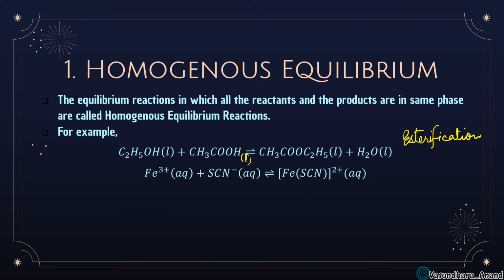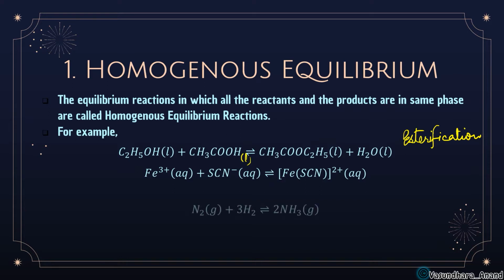Another: Fe3+ aqueous, SCN- aqueous, and this is going to give you a complex, that is [FeSCN]2+. So this is also aqueous, all in aqueous medium. Do you know the difference between liquid and aqueous? Liquid is the pure state, and aqueous means the substance, which is in solid state, is now dissolved in water. All exist in powder or solid form, but when they mix with water, they form a solution, and that solution is used for this reaction. So since all are in the same aqueous medium, it is also an example of homogeneous equilibrium.